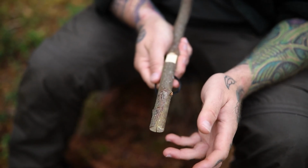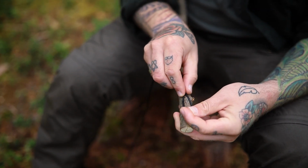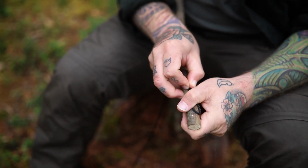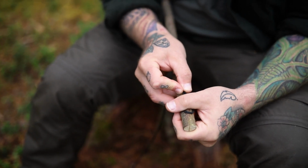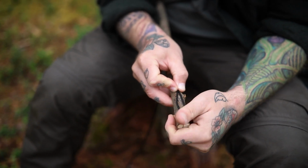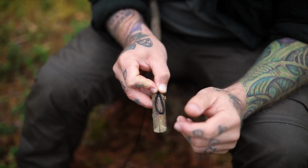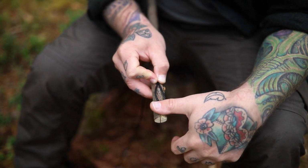With what's known as a whipping, it's a single whip. And this is a great technique for any project. You know, if you want to make a nice walking staff, or hell, even if you're putting away electrical cords at home, it's a nice way to tidy things up. So the way I like to do it, again, fingers and thumbs, is coming up about a thumb's width,